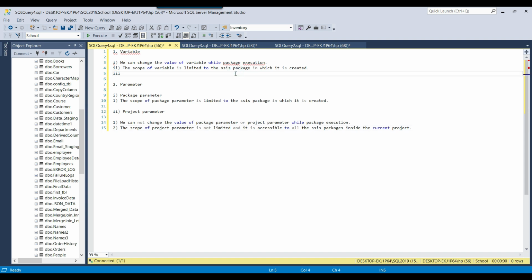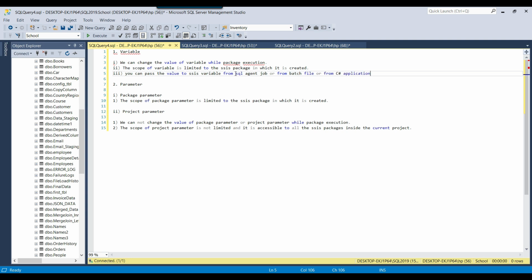Now if I talk about the third property, and I think that will be the last property for now, you can pass the value to an SSIS variable from a SQL agent job, from a batch file, or from a C# application.